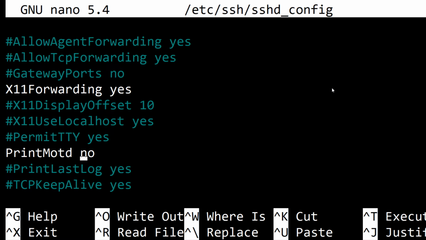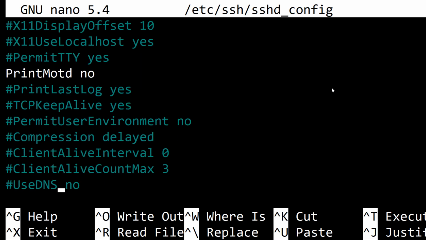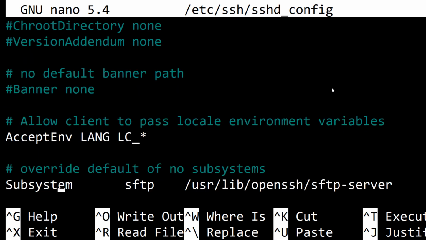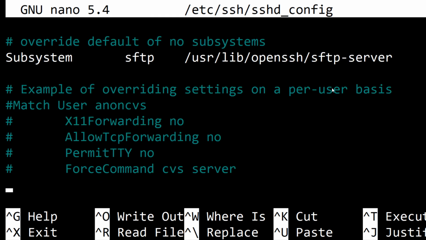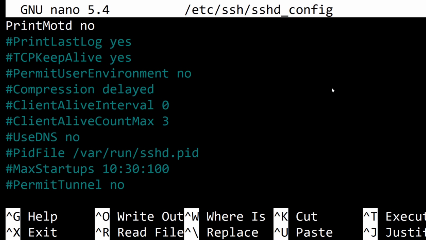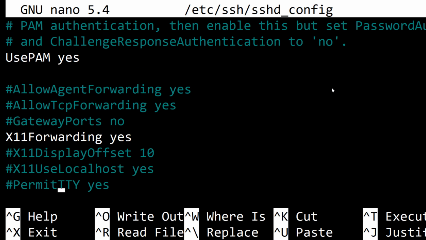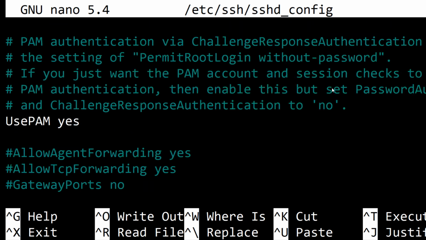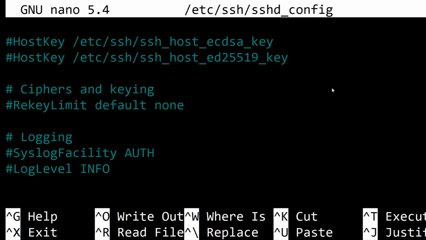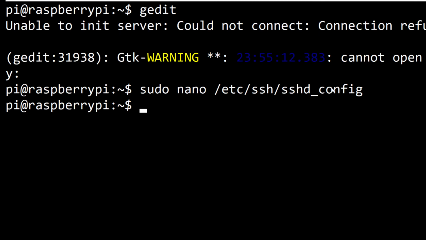Now let us see what else we need to enable. Okay, I don't think that we have to enable anything else. We just need to set X11Forwarding to yes, okay? And that's it. And we can just go ahead and save it. It was enabled even before we actually opened it, because for the preparation of this video lecture, I had to enable it for some testing.